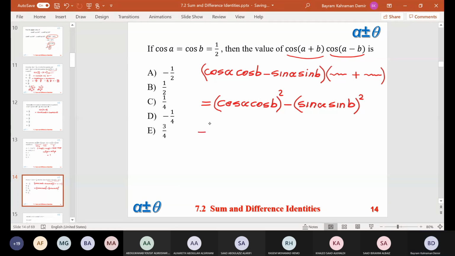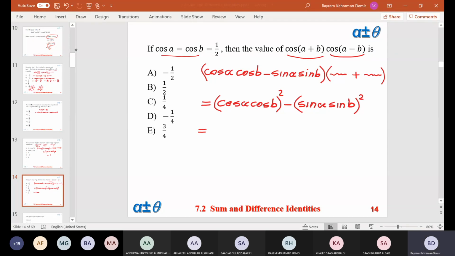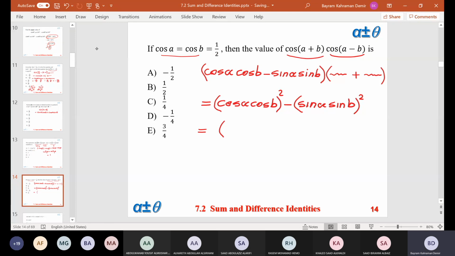Very good. That means cosine square A, right? Cosine A and cosine B, they are all equal to 1 over 2, right? So 1 over 2 times 1 over 2, that is 1 over 4. So basically it is 1 over 4 squared, right? Minus